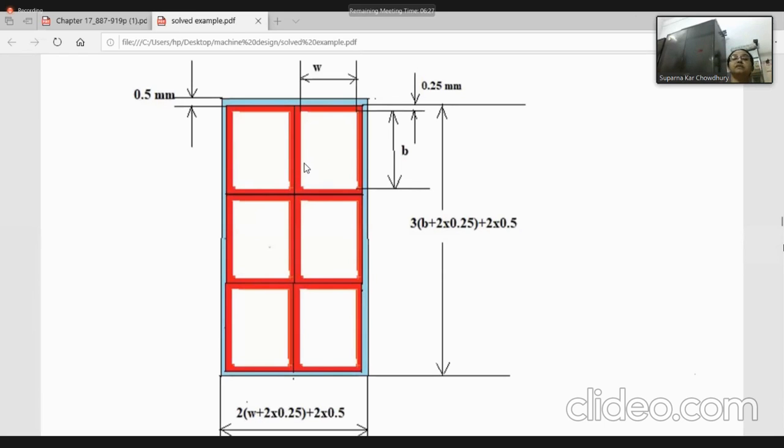It is arranged always in this way because we do not arrange this 3 and 2 in the other way. If we arrange 3 in that way, then the radial depth will increase and it will increase the skin effect. So we want to make height greater than width. So in that case,